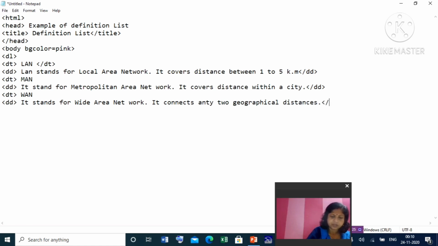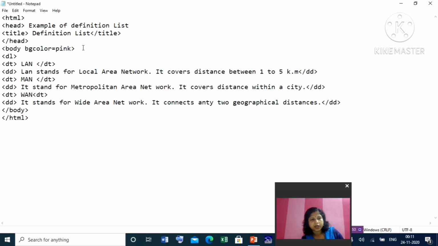Okay. So DT closed. Okay. So here also you have to close DD. And here also DD will be closed. Okay, then close body, close HTML.